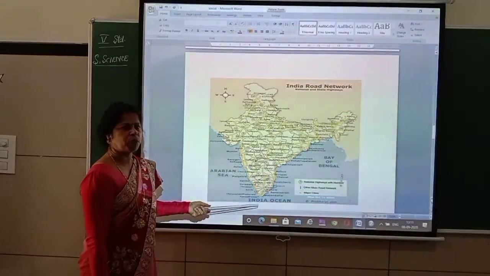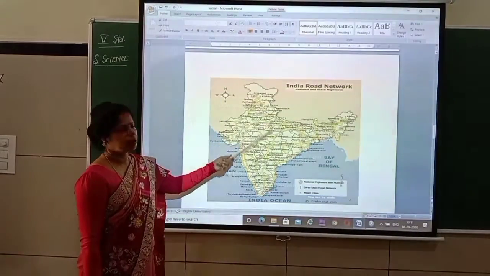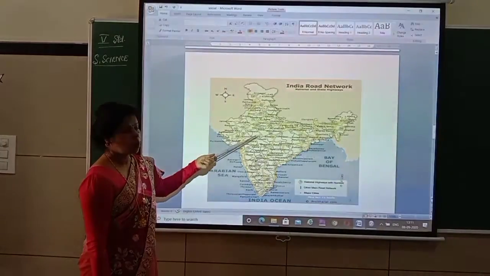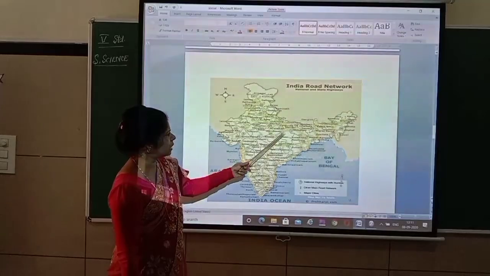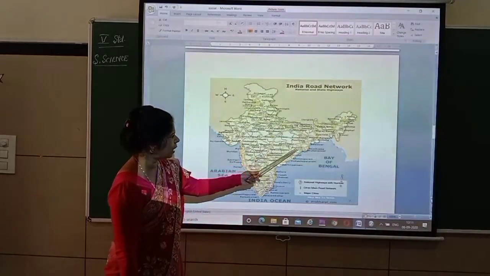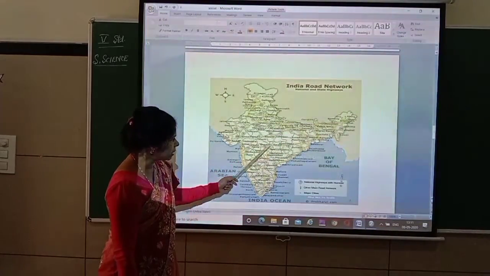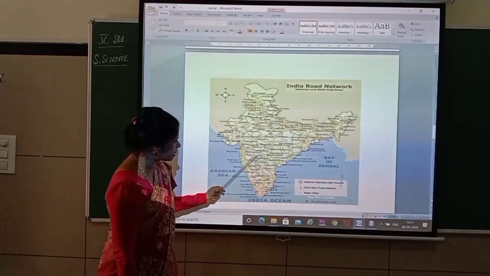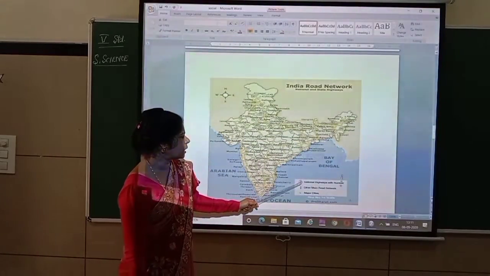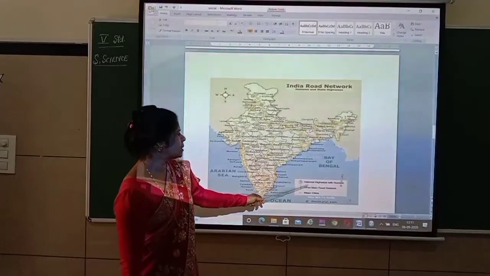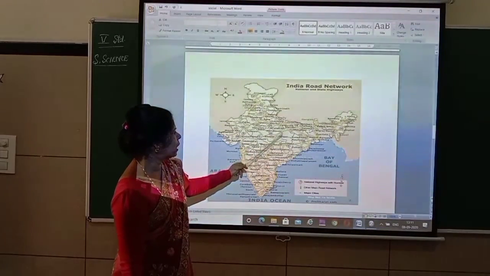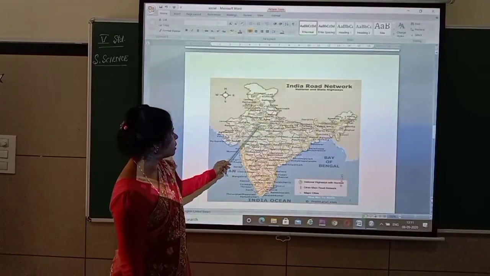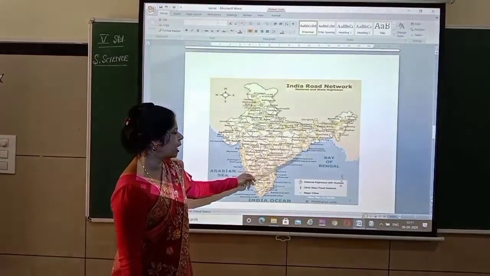If you want to move from one place to the other place, you can just see this location on the map. Okay, again here Indian map you can see. And can you see that all that markings? See, like roads it is shown here. That is thicker ones, and thinner ones also you can see. Isn't it? So what is the thicker ones shows there? It is national highways with number. You can see national highways. They put that number 1, 2, 3, 4 numbers you can see. So that shows that national highways.